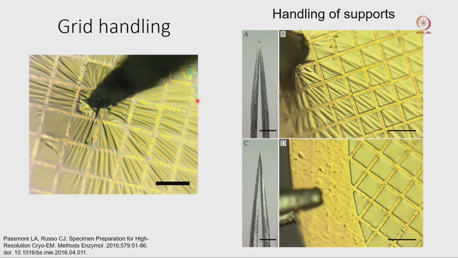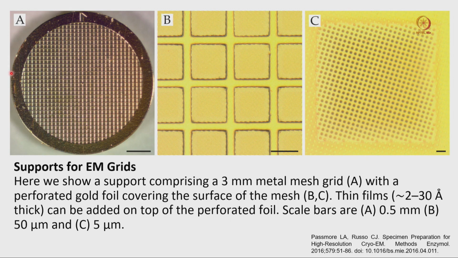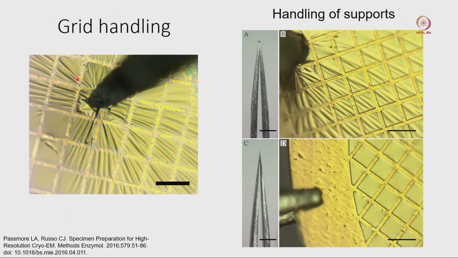So here, if you go back to the previous one, you can see the metal bar. This particular area is quite thick. So you can use your tweezers to hold the grid in this area, not anywhere at the center or middle of the grid. Why can we not do that? Whenever you hold your grid at the middle or center, it damages the surrounding carbon and Formvar area, and your grid will not be flat anymore.